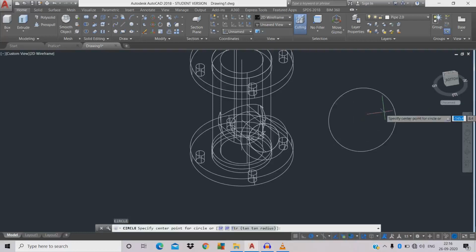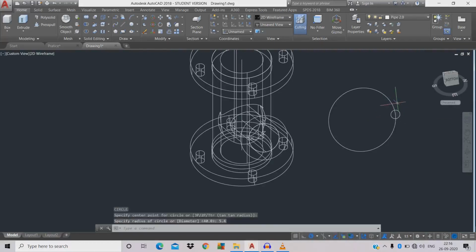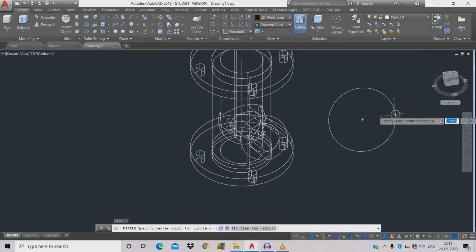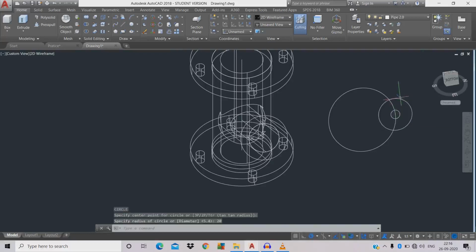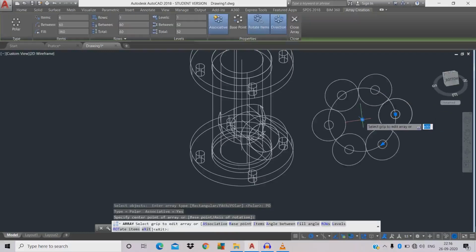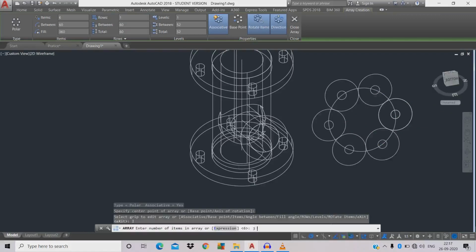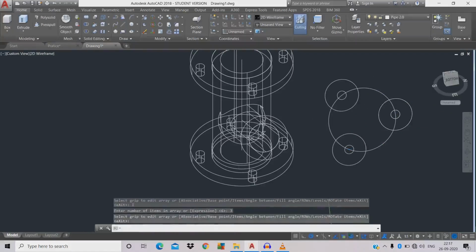Sorry, we're gonna draw a radius dia 80. We're gonna draw a circle over here, 5.4 radius, then radius is 20. We're gonna array AR space, select both circles space polar array, click the object over, just move the cursor near to the circle, you'll find the center point, click the center point, then go to item. We need only three circles space. Okay,